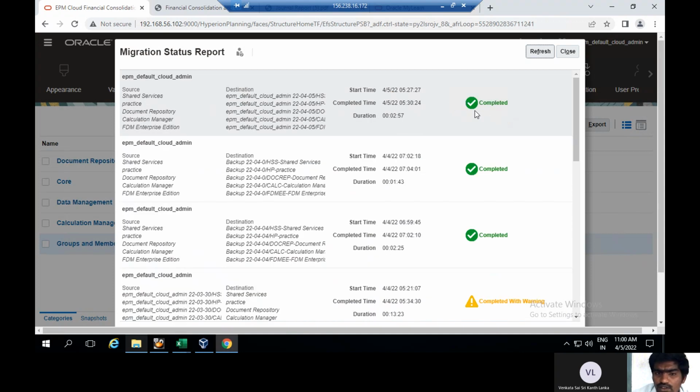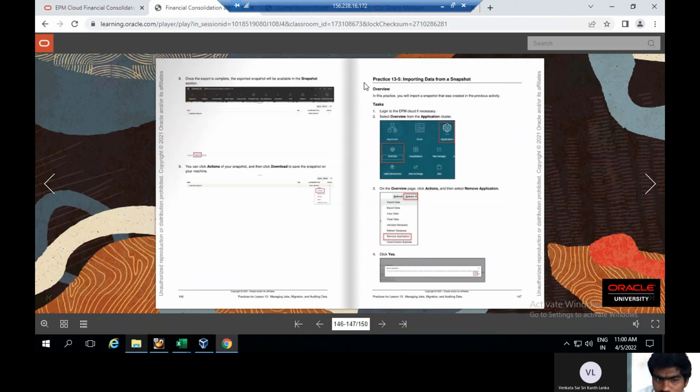Okay, here you can see completed. Here we can refresh. Now the refresh is completed. Then after that, the post process is done. Now after that, importing data from a snapshot. You can import a snapshot that was created in the previous activity. Select the overview, application, cluster. Okay. Now if you want to remove this application now,